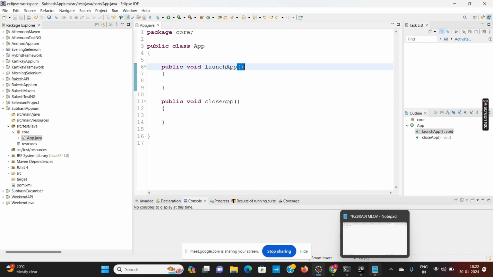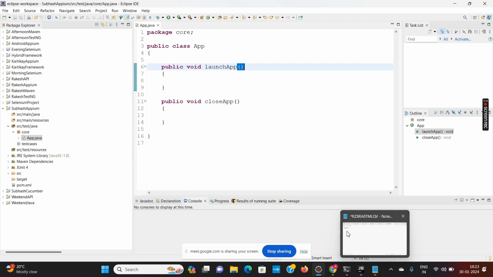So we have to get the package name. What is the package name of the application which I want to launch? And similarly, I have to get the activity name. So what is the activity name? When we launch the application, I get the first screen. That particular first screen has some Java program name, like we have index.html, home.html. So similarly, the first page which is launched has an activity name. So we have to get that particular activity name.